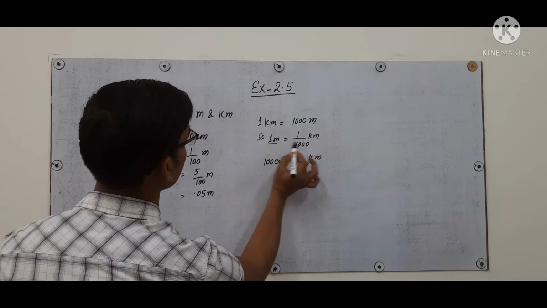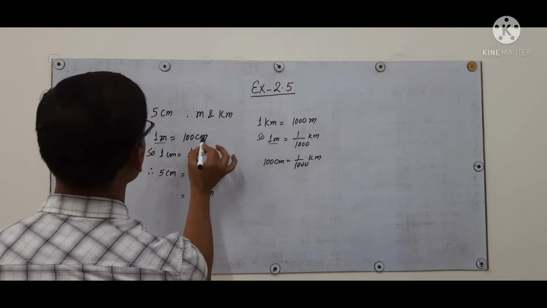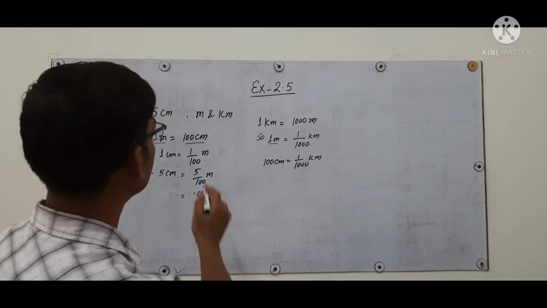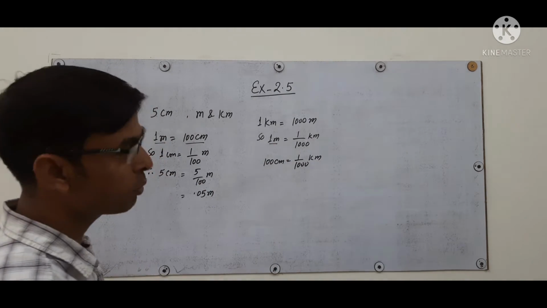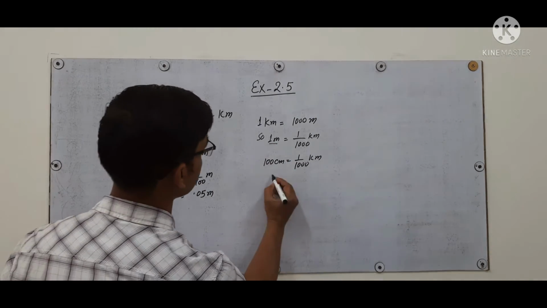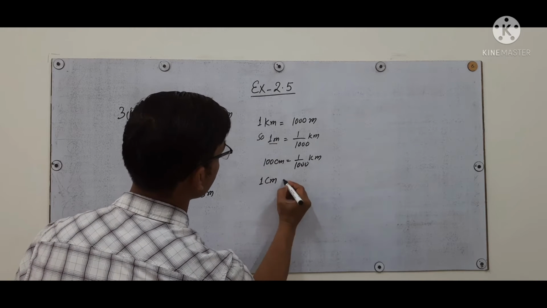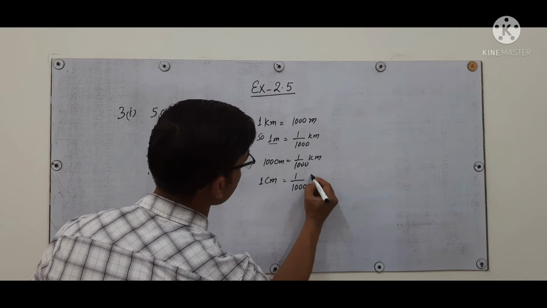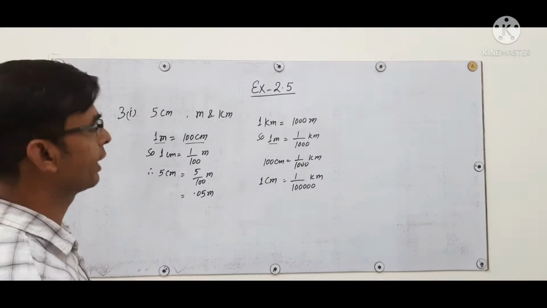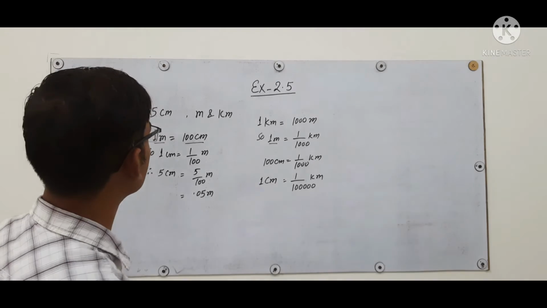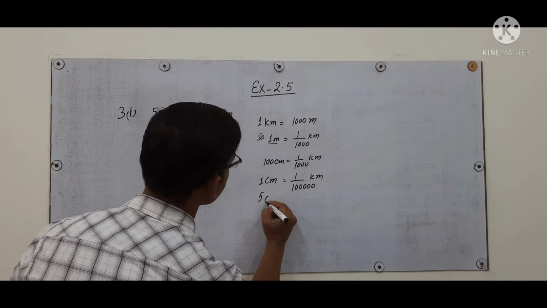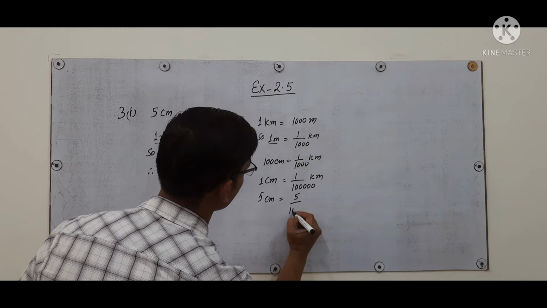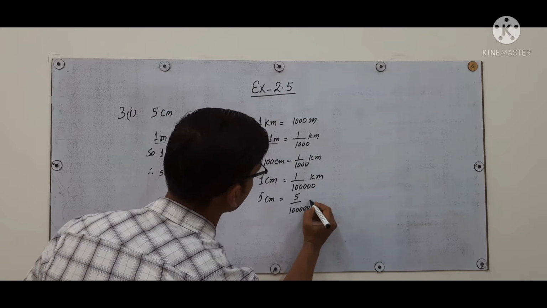1 kilometer is equal to 1000 meters, and 1 meter is also equal to 100 centimeters. So we have just taken its value. 1 meter is equal to 100 centimeters. So 1 centimeter will be 1 upon 1 lakh kilometers. So now we have to find the value of 5 centimeters. So here it will be 5 centimeters equal to 5 upon 1 lakh kilometers,